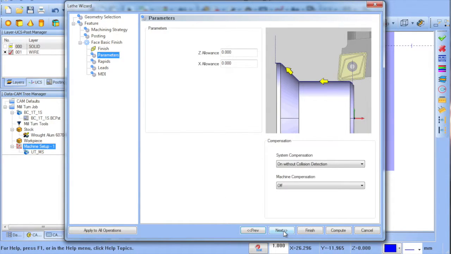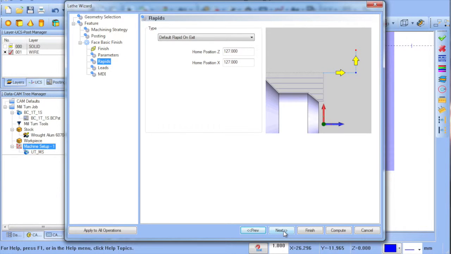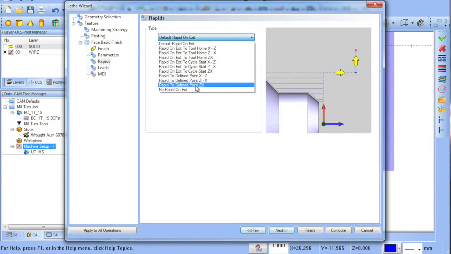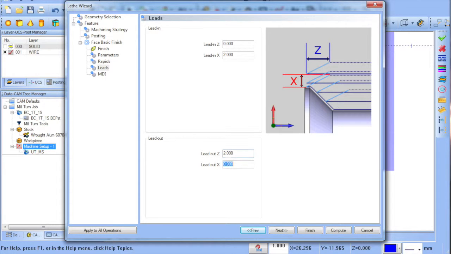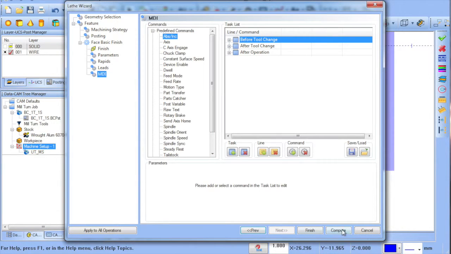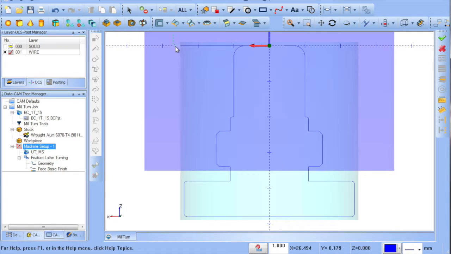Okay, so parameters, yep. I actually don't want it to go away because the next operation is going to be using the same tool. Lead in an X 2mm, lead out in Z 2mm. And we're good with that. And then we can see a little green toolpath comes in, faces down, off it goes. So now we want to look at